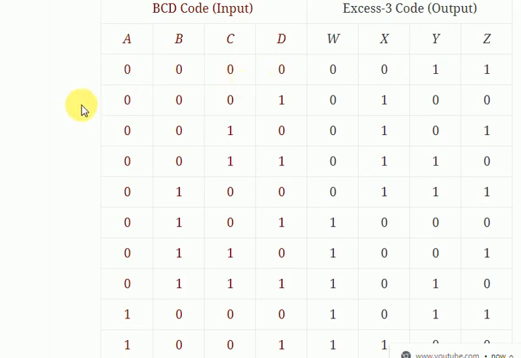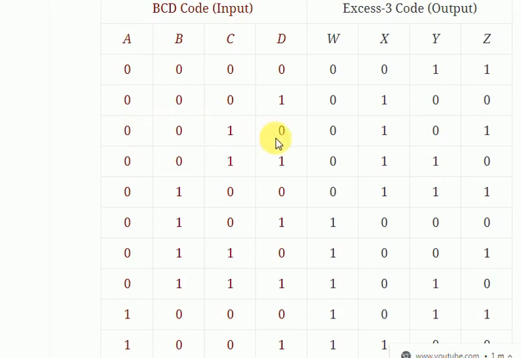Next is decimal 1, which is equal to the BCD 0, 0, 0, 1. When we add 3 to 1, we get the answer 4, and that 4 is equivalent to 0, 1, 0, 0, which is the XS3 code. In the next combination we have decimal 2, equivalent to the BCD code 0, 0, 1, 0.